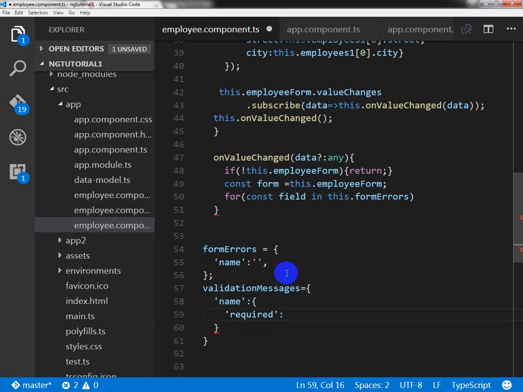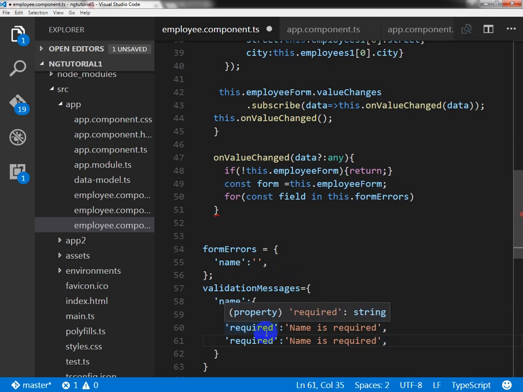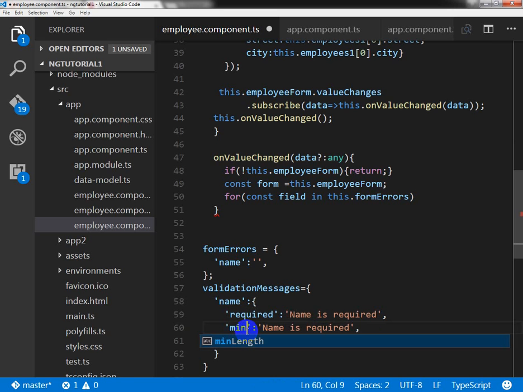Required: for required we can write 'Name is required', and for minlength we can write 'Name must be at least 3 characters long',